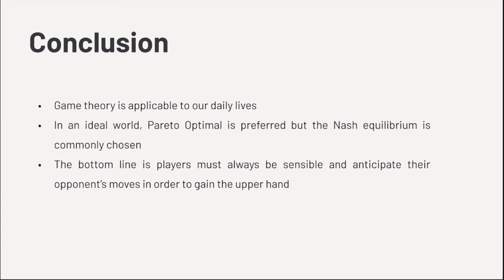In conclusion, game theory is applicable to all fields and utilized by normal everyday people when making simple decisions like deciding what to eat or making difficult life choices. In this short case study scenario, both Ferris and Zayden would have benefited from the situation that would yield a better outcome, which is to stay happily married, rather than choosing the rational choice to both admit, based on a self-interest perspective that would result in a divorce. The bottom line is, players must always be sensible and anticipate their opponent's move in order to gain the upper hand.